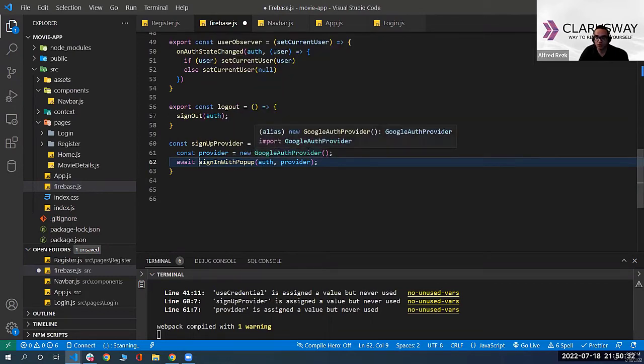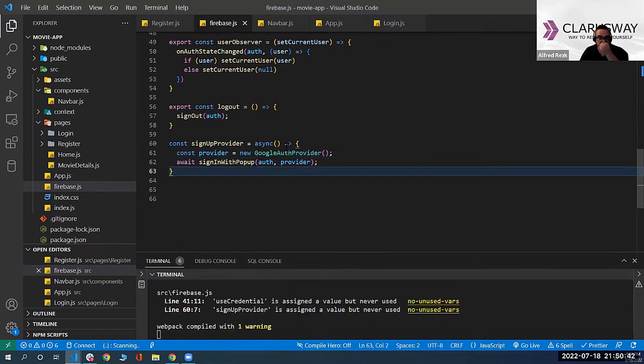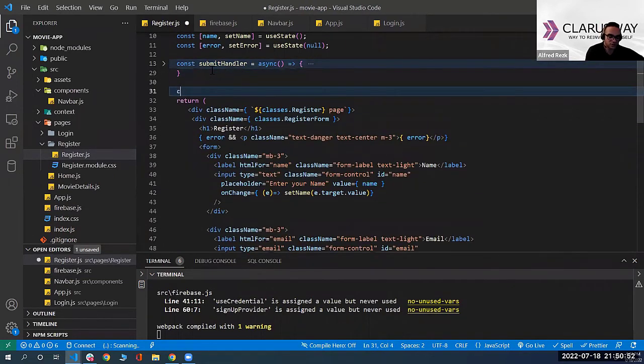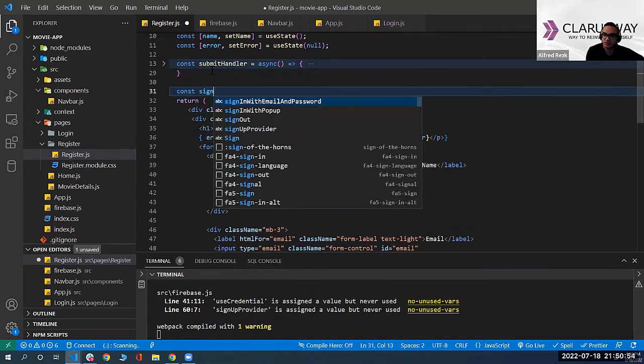You get the Google Auth provider and the function sign in with the pop-up, and you pass the auth and the provider that you just initialized here. Okay, I have the functionality to log in with a Google account now. I can go to my register page. I can minimize this. Constant sign up